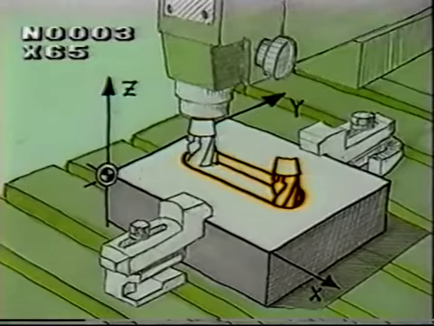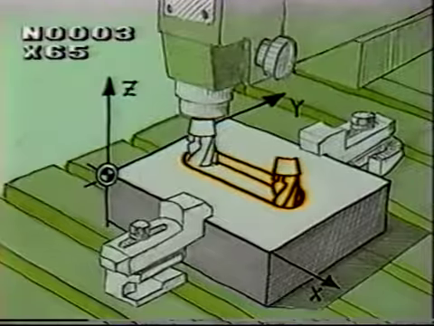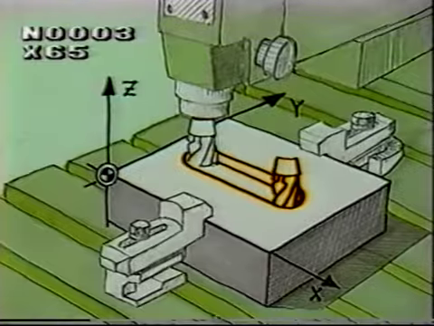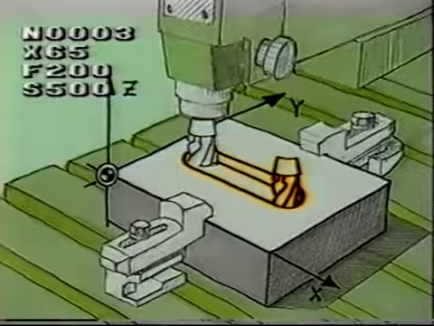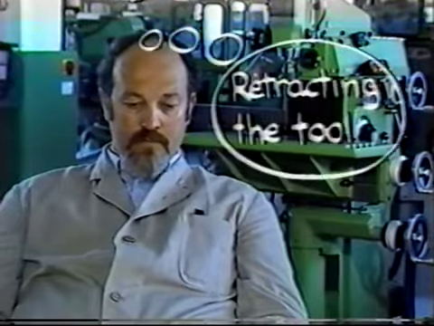You bet, X65. Y stays the same, and the depth doesn't change either. But one thing I have to do is make the feed rate higher, and that'll be F200 millimeters per minute. And I'll need a higher spindle speed, too. That'll be S500 RPM. Okay, now I have to get the tool back out of the groove and a little bit above the workpiece.